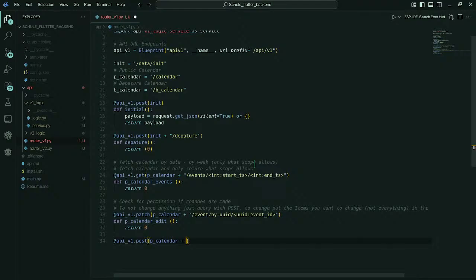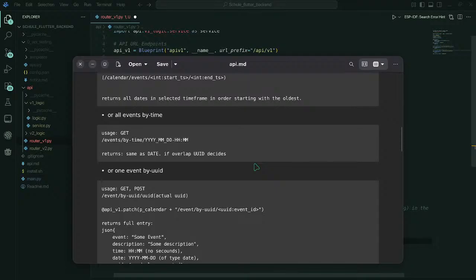I don't really care, honestly, because this is the best possible API definition that you can get. Except for the returns, because the returns will be in the service and everything, and they will all be jangled up. Slash event slash UUID. Slash event slash create would probably be a